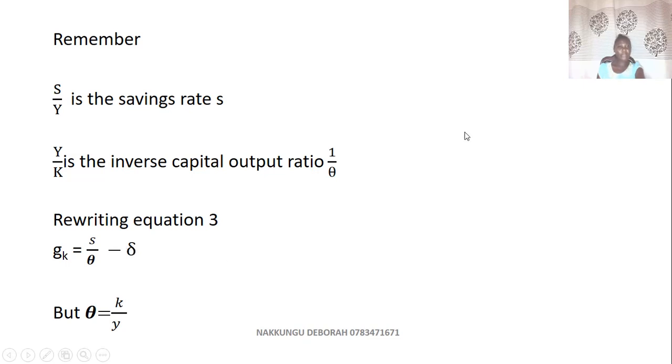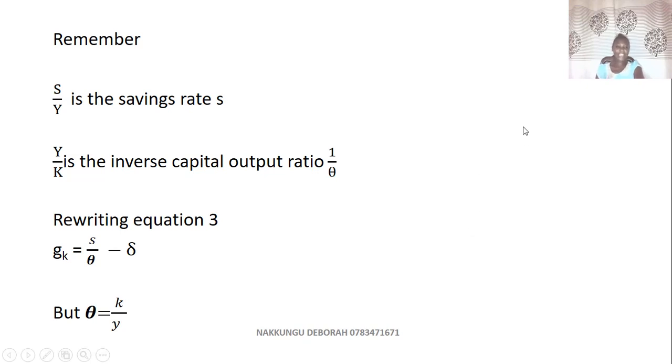But remember, if we are looking at economic growth, as I said, we are looking at the long run economic aggregates. We are looking at the quantitative increase or decline in the amount of goods and services produced in an economy. So if you're looking at the growth rate of capital, it means that you're not looking at the growth we want. All we aim at, or what we want to know, is the growth rate of income. Now in this case, it means that we have to find out what is change in Y over Y, which we can call g_Y. Now for us to analyze that,